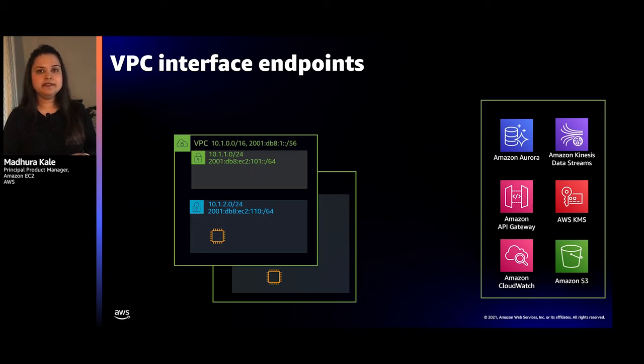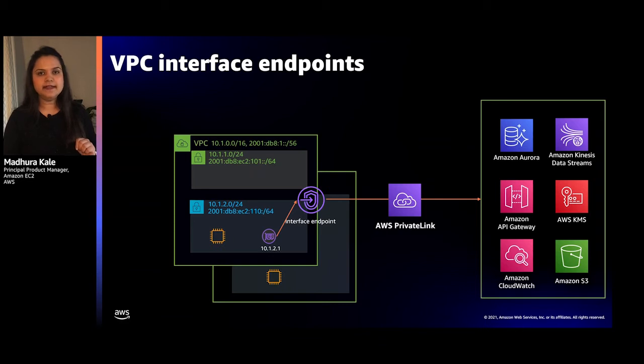You create an interface endpoint in your VPC. You pick subnets that you want the endpoint to live in. What AWS does is create an endpoint network interface in each of those subnets. And that's it, just like that. Based on the name of the service you provide, the subnet that you have an endpoint created in will have access to that service via that endpoint. This technology is built on an AWS service called AWS PrivateLink. We're going to talk about that in a little bit, but before, let me tell you about a second type